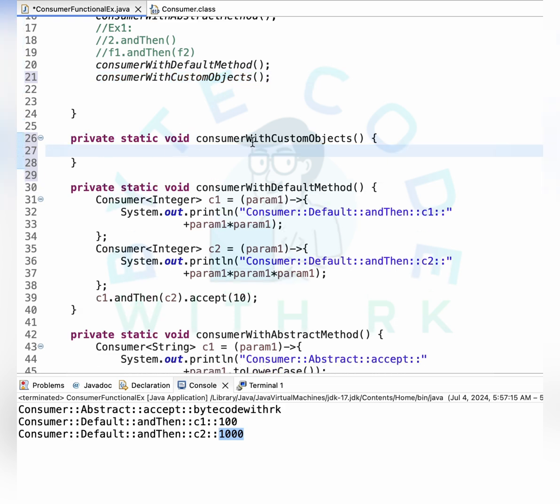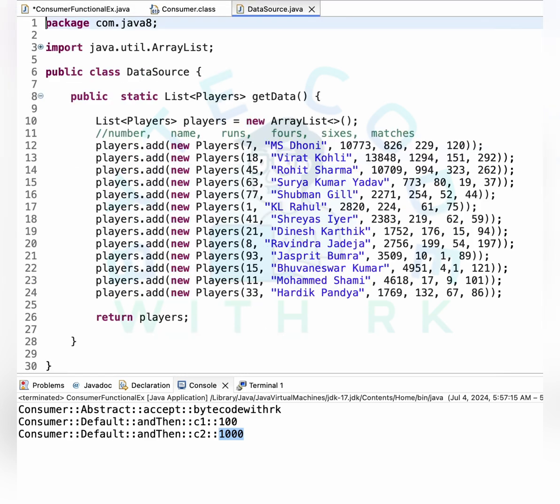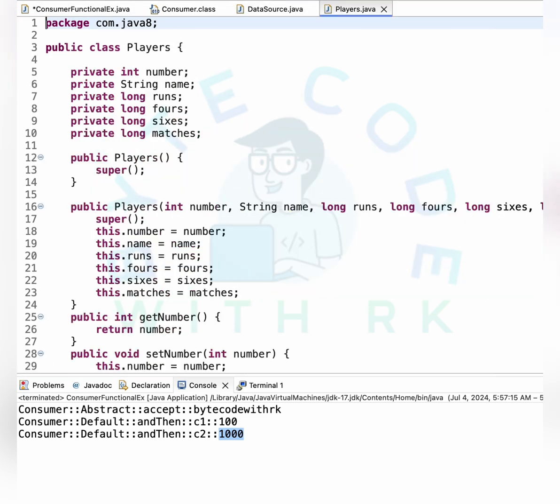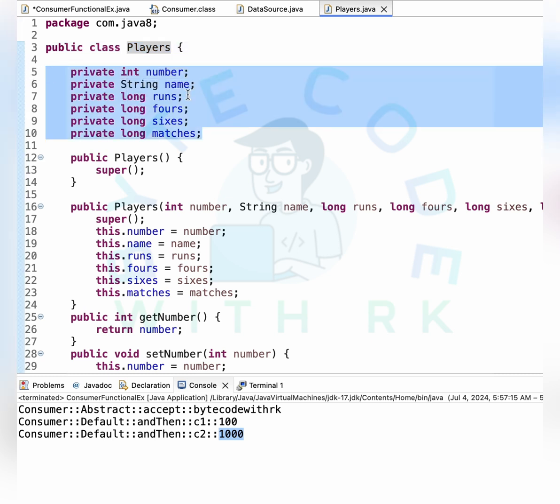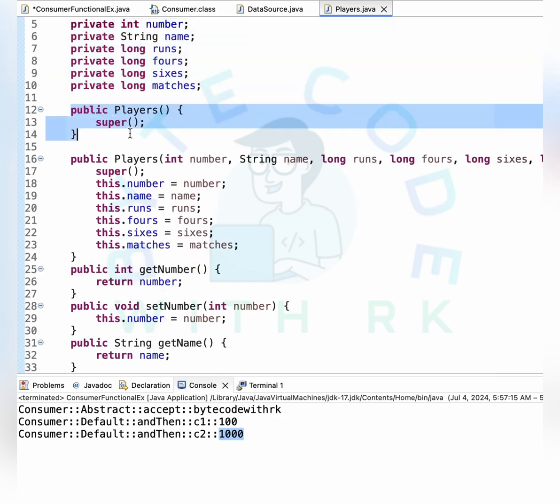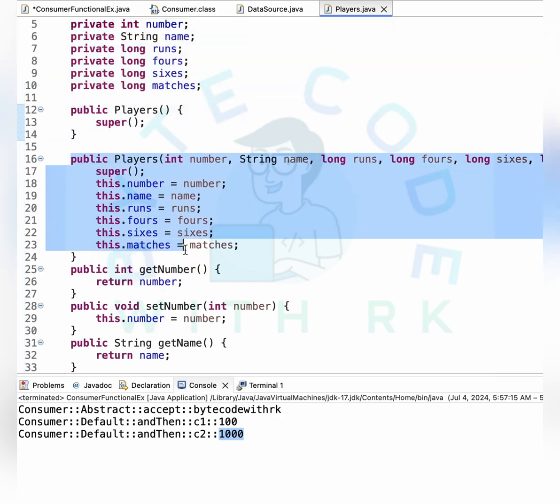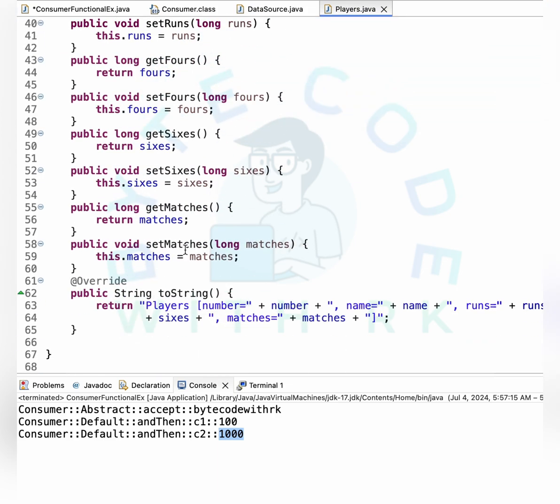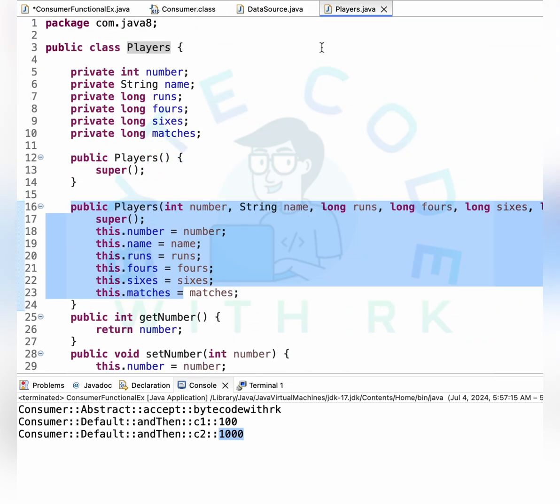Created this method. Before that, I would like to show that I have already created two classes. One is the Player class, with 6 variables declared inside it: number, name, runs, 4s, 6s and matches. It has a default constructor, a parameterized constructor, setters, getters, and a toString method. And with this Player class,